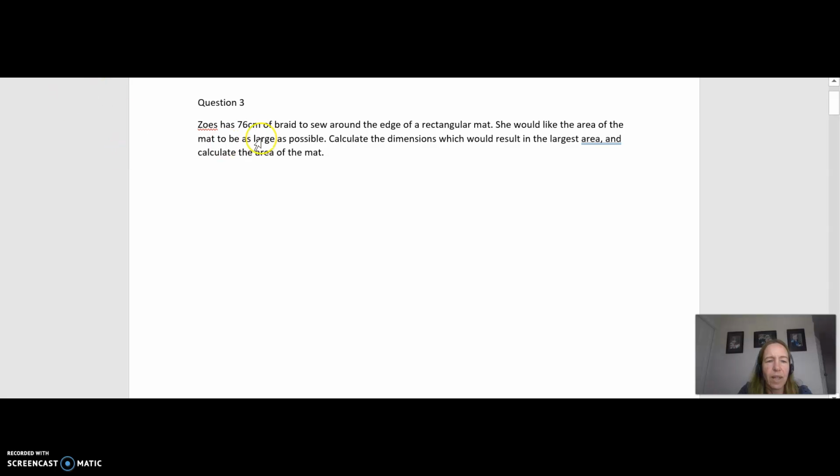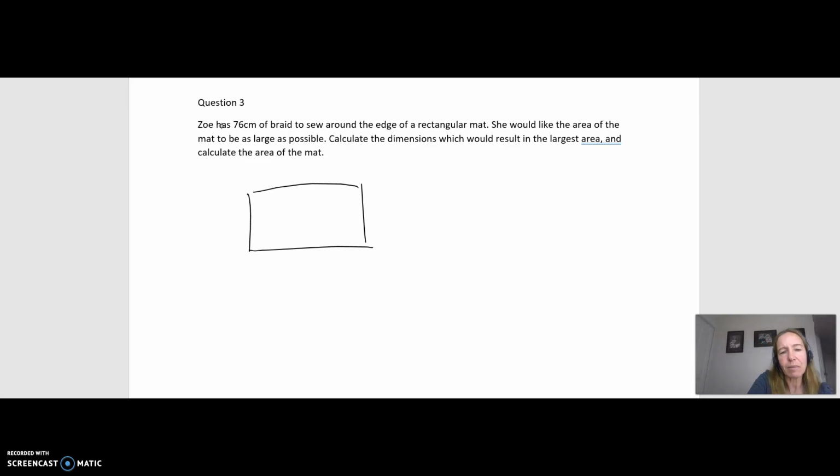Okay, so Zoe has a 76 centimeter braid and she wants to put it around a rectangular mat. So we have a rectangular mat, and the maximum all the way around the circumference is going to be 76 centimeters. So if I make this short length x, then this long length will be 76 take away those two x's divided by 2, because there's going to be a bit that side and a bit